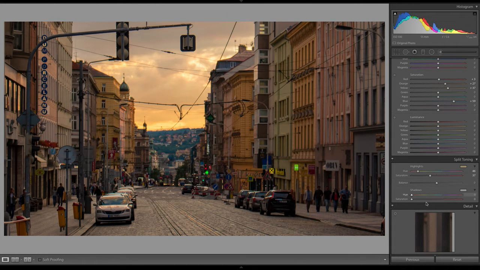I want to play with my shadows too before I finalize my saturation, because this might affect it as well. So my saturation for my shadows, I'll bring up all the way, and at the same time, I'll move my hue over to something like this sort of purplish, pinkish. Now the saturation, I really don't want that high, but something a little bit like that looks good. But I do want to push my balance more towards the highlights than towards the shadow for this photo. Now let's turn this on and off so we can see what happens. See how the colors completely change? This is definitely a stylistic thing.